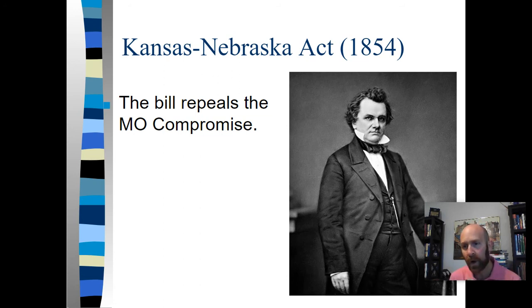He wants a railroad that is going to travel out west and go through Illinois, right? So it's going to help the Illinois economy hugely. That's going to travel through the Kansas area. Well, to do that, he really needs Kansas to become a state. And so he's got to try and figure out a way to make Kansas a state. He wants this railroad, right? But the South's not on board with it because this is above the 36°30′ line.